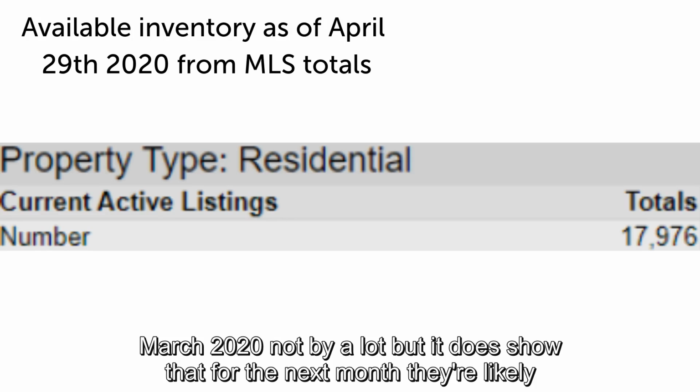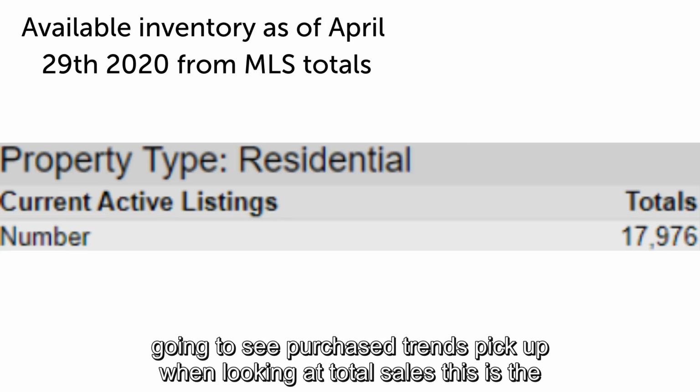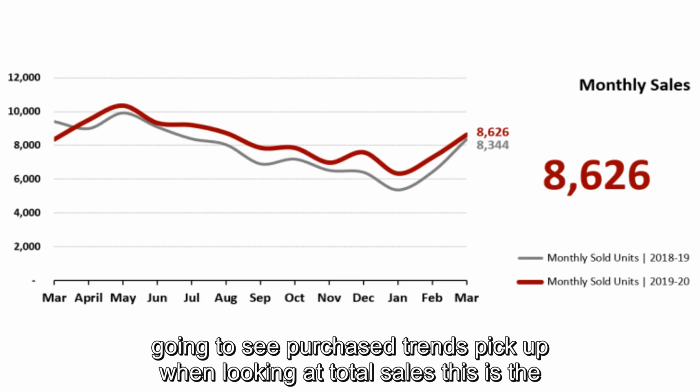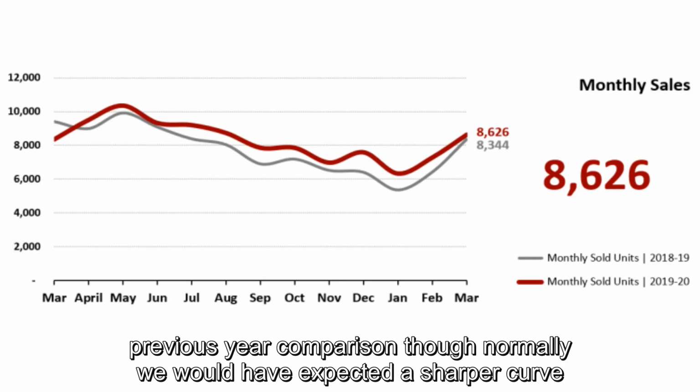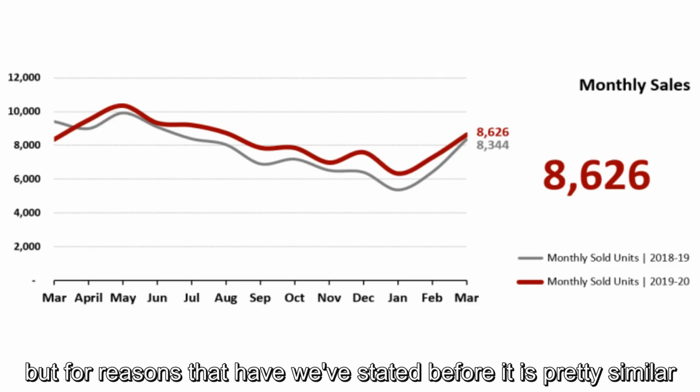Not by a lot, but it does show that for the next month, we are likely going to see purchase trends pick up. When looking at total sales, this is the curve that we would expect to see this time of year, as you can see from the previous year comparison. Though normally we would have expected a sharper curve, but for reasons that we've stated before, it is pretty similar